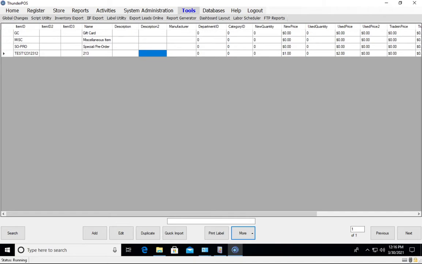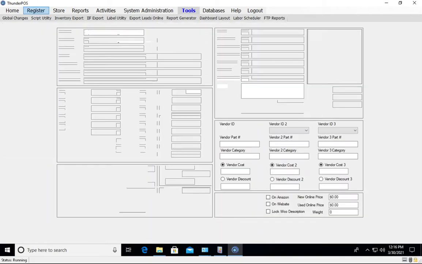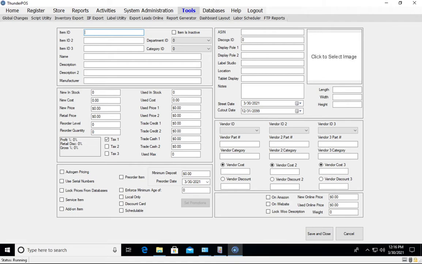So if we flip over to our machine here, you'll see we're in the item section with a pretty blank database. So we're just going to add a new item to show with this. So you still have your base item like normal. So we'll just call this a normal item. And we will set it up with 3 in stock at $10 each and 2 used in stock, and we'll just say $5 each. But we'll say here, so once we save this item,